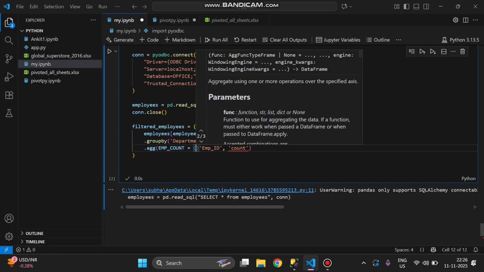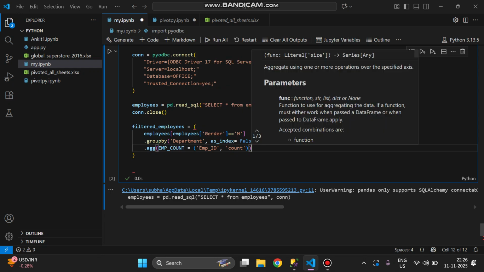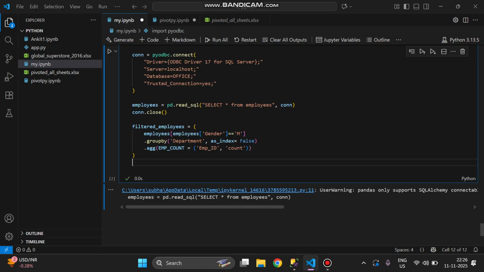I need another bracket here. So after that, I got the aggregated value. Now what I need is the maximum value among the departments, right? I have written code to get all the departments and how many employees are male. Now I need the maximum among that. So I can write max count